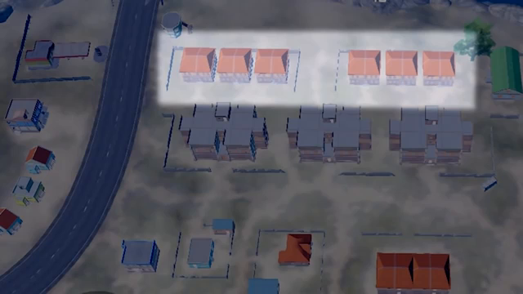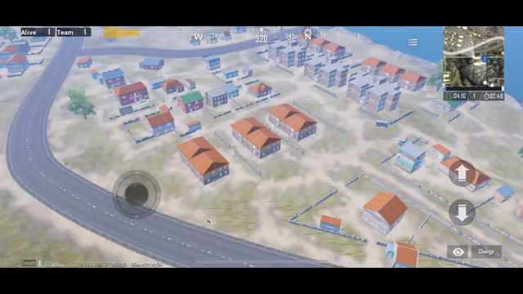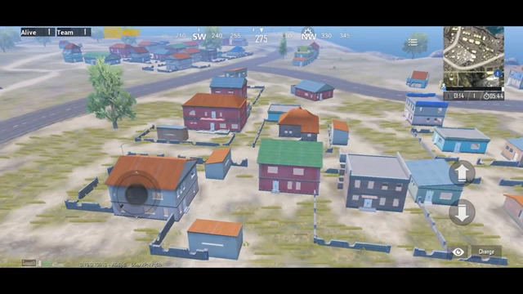And behind the apartments you can see the 6 houses, they are actually called the backside 6 houses, which are the best place to loot in this city in my opinion, and you can call them left 3 houses and right 3 houses. And on the front side of the apartments you will see another 6 houses, they are also called 6 houses stacked with 2 side by side. And for other houses you can call out the color of the house and roof as well, for example,